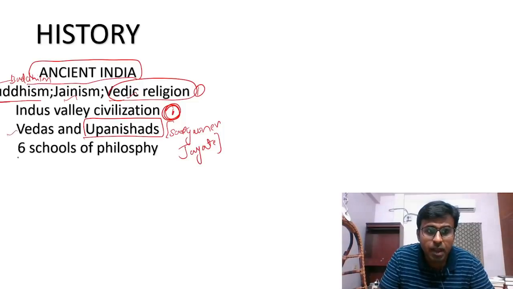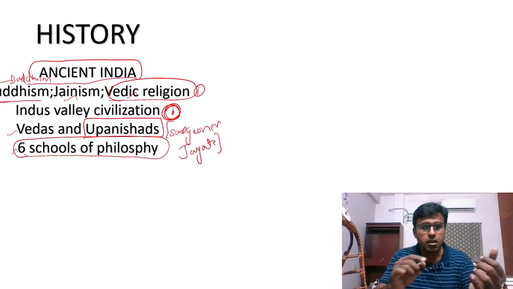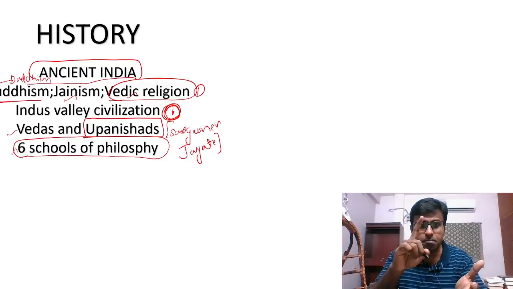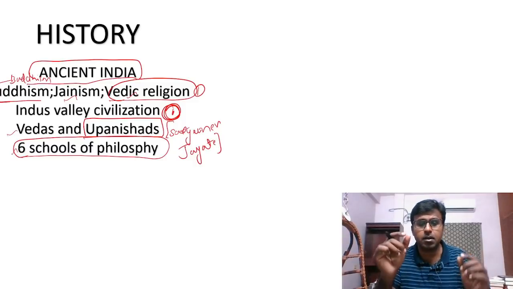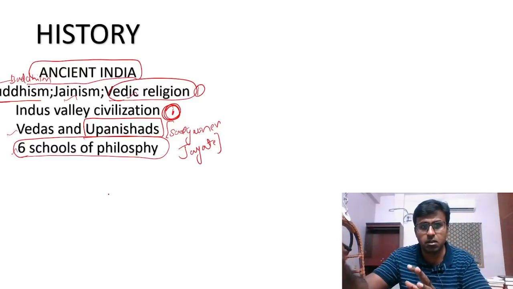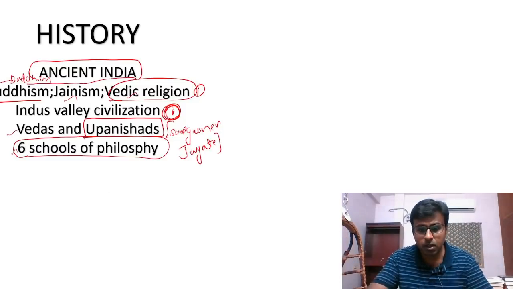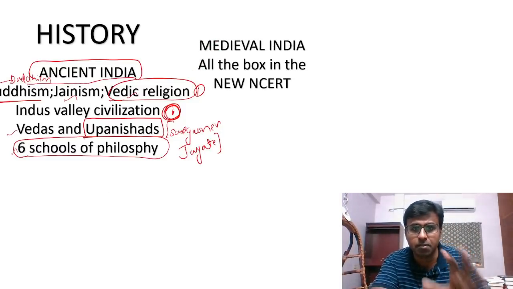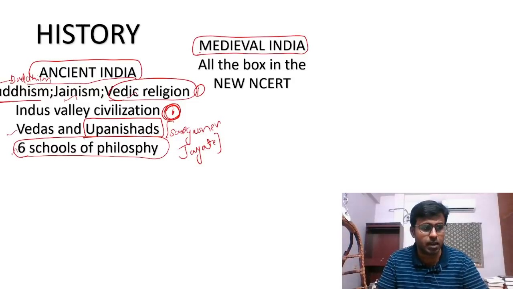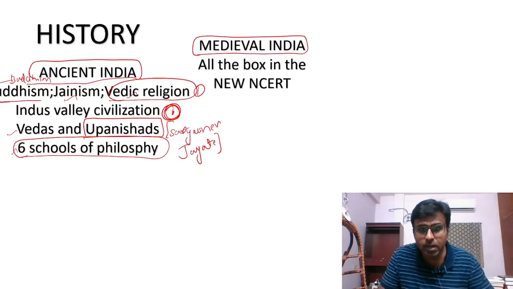This you should know. And the next thing in ancient India, which is very, very important, is the 6 schools of philosophy. Mimamsa, Vedanta, and there is an atomic philosophy. 6 schools are there. Please check what all the philosophies are. And the next thing, medieval India. So first ancient India, next medieval India. What are the important areas in medieval India? If you ask me, the new NCERT,